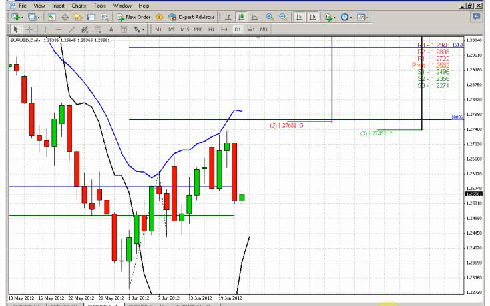Okay, let's take a look again at the daily chart of the euro currency. As you can see, the market has shown a really significant plunge down in yesterday's price action. In fact, it closed below the previous 5 days in a row. It's a really significant move to the downside. In fact, this is